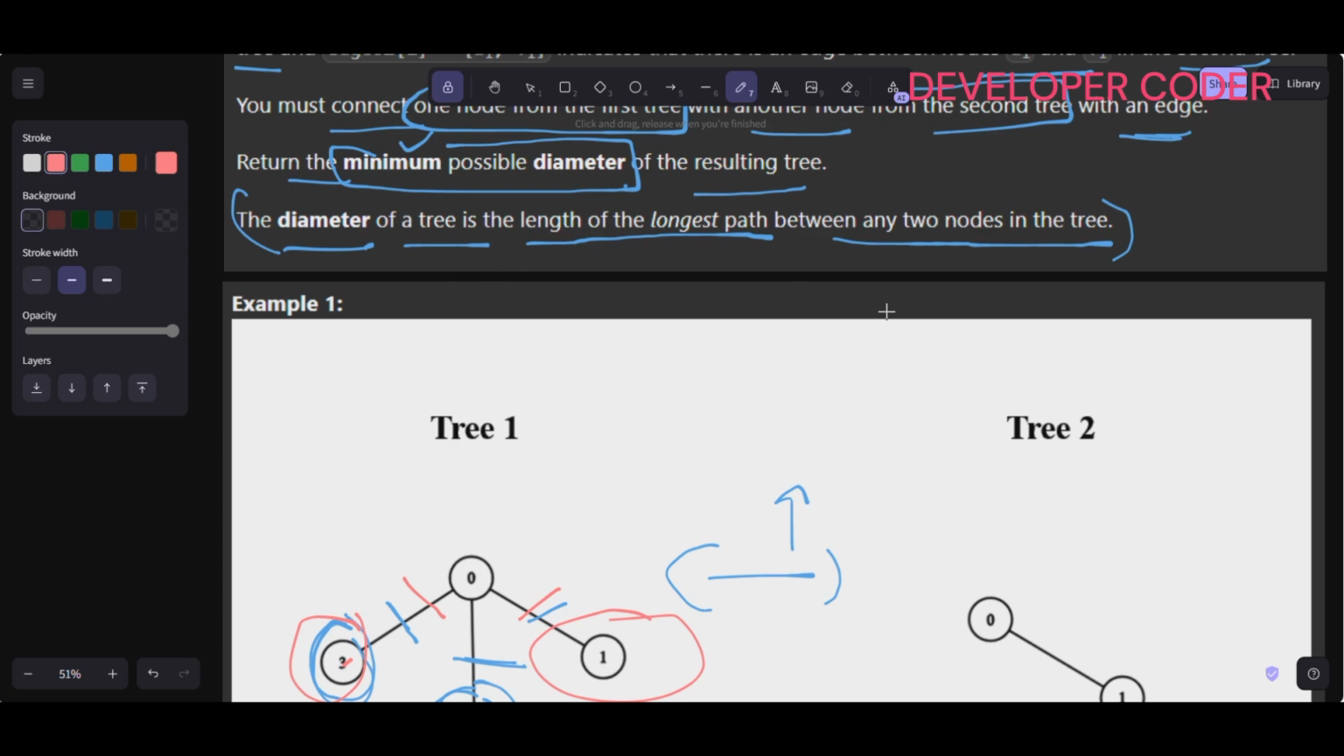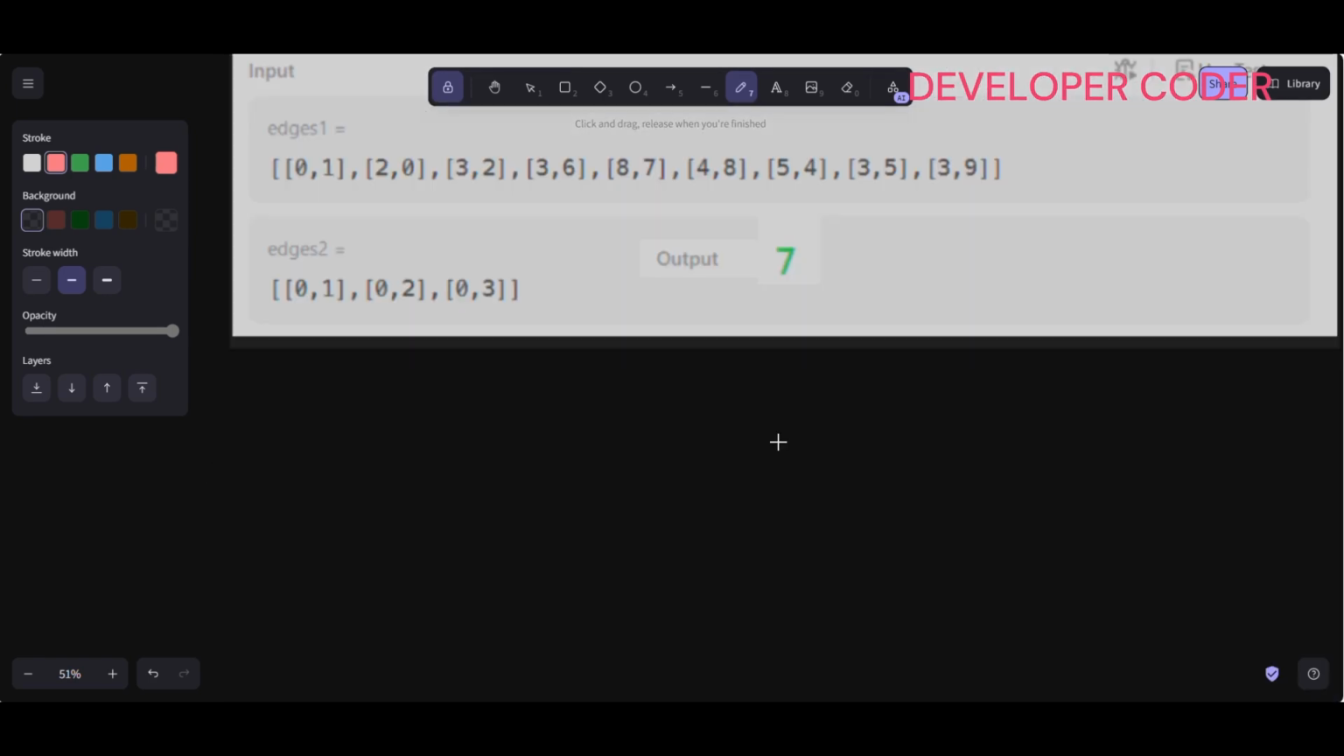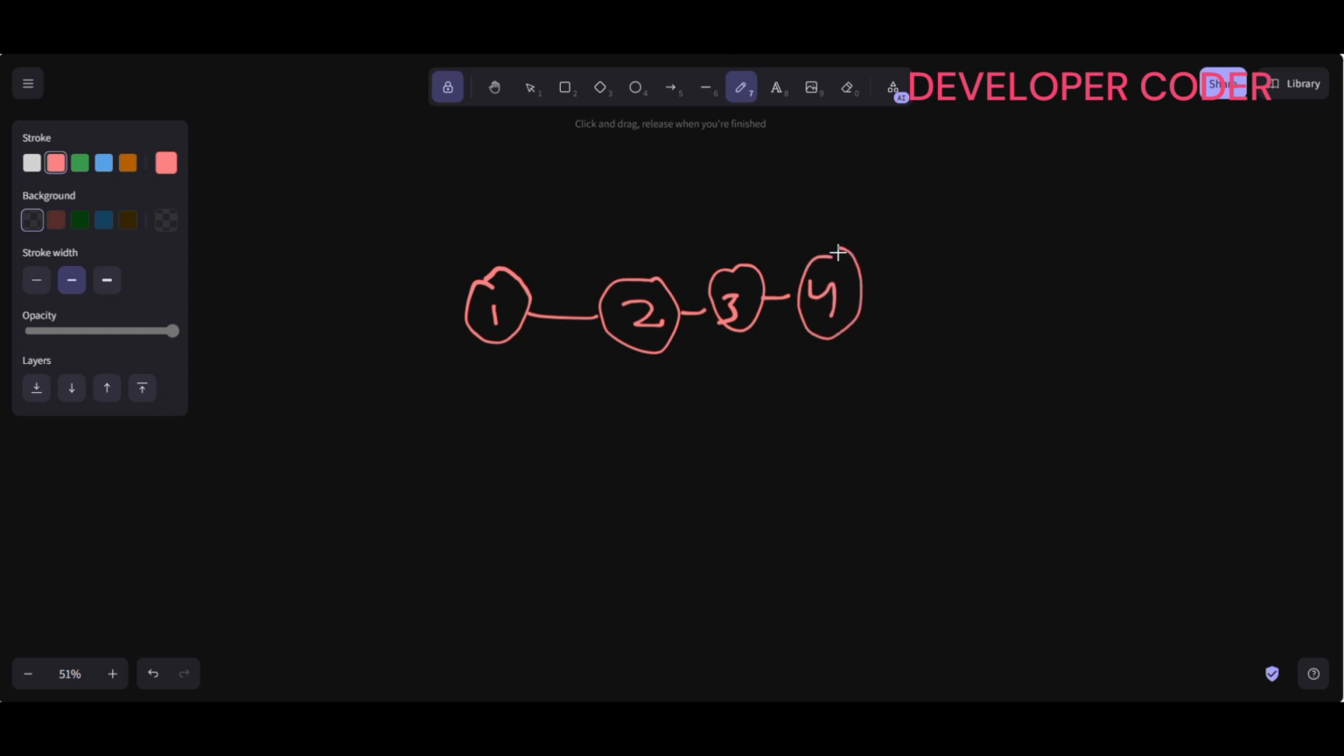Before moving to the actual question, let me clear a few things. Let's say I have a tree like this. This is node 1, this is node 2, this is node 3, this is node 4, and this is node 5. I want to join this tree, let's say tree A, with tree B. My tree B is like this: 6, 7,